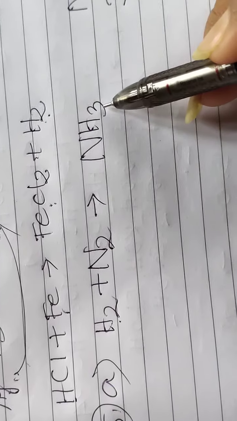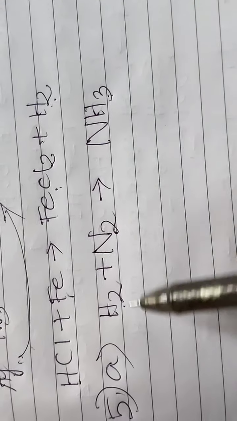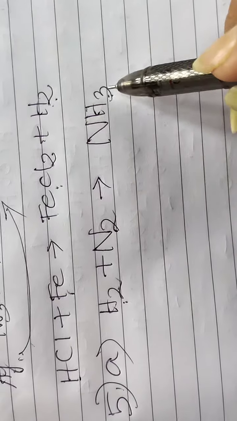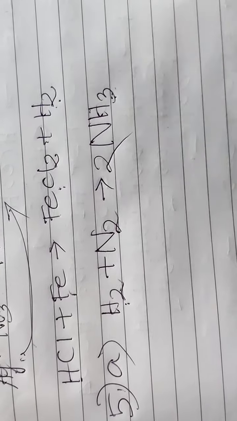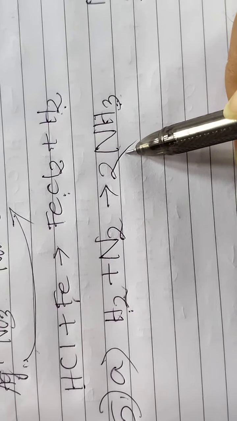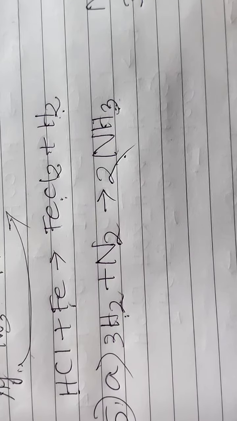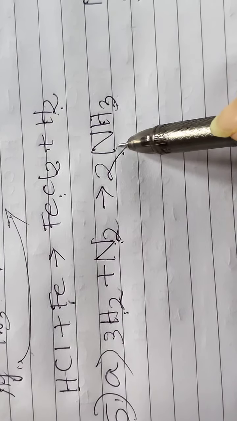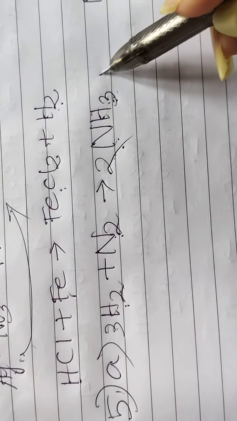Now you see, here the number of hydrogen atoms is 3 and there the number of hydrogen is 2. So we should balance it. 2 and 3, the common multiple is 6. That is why we balance it by taking the number of hydrogen as 6. So 2 times 3 is 6, here 3 times 2 is 6. Again, the number of nitrogen atoms is 2, and here it is also 2. Hydrogen is 2 times 3 is 6, and 3 times 2 is 6. So this is balanced. Okay, next question number